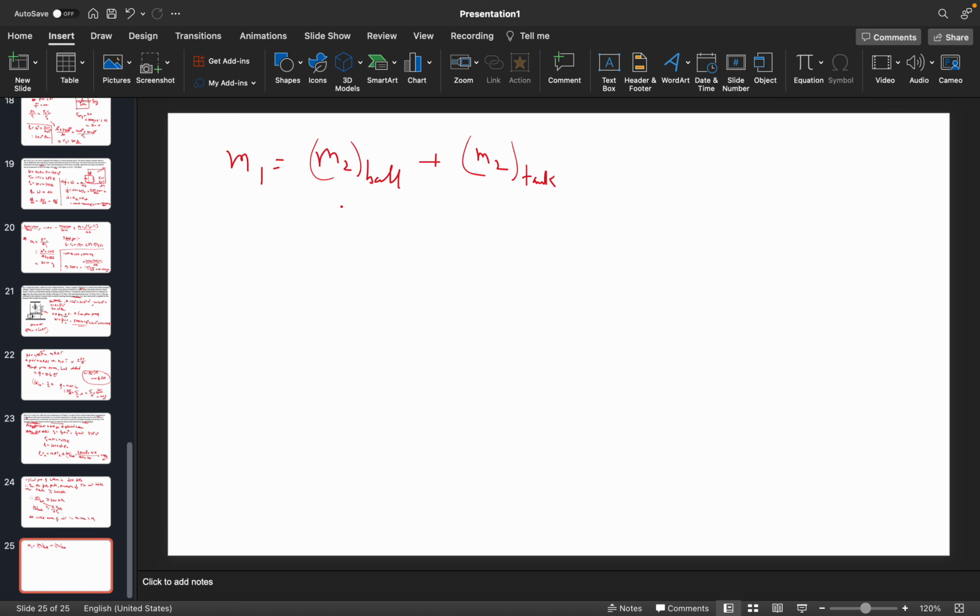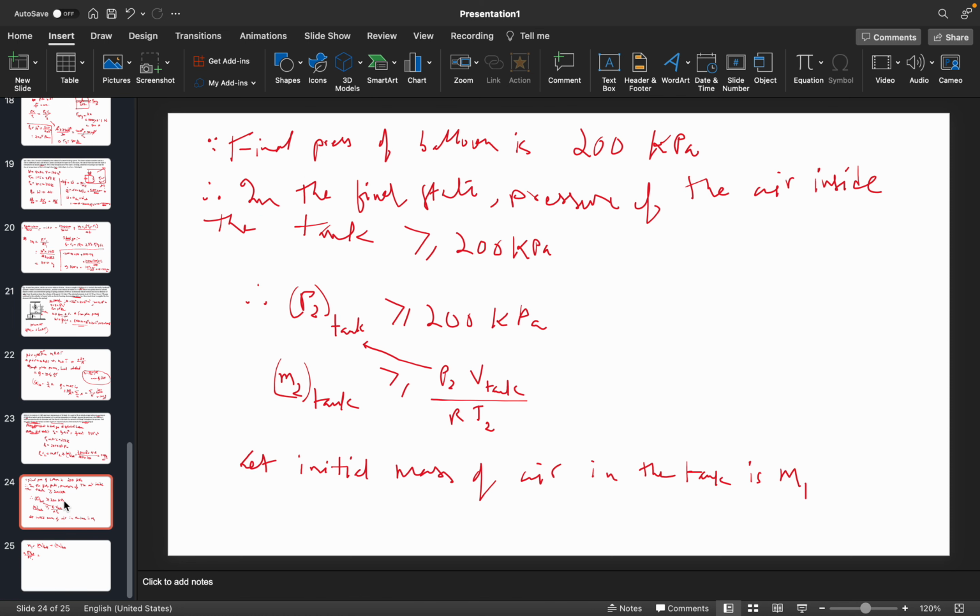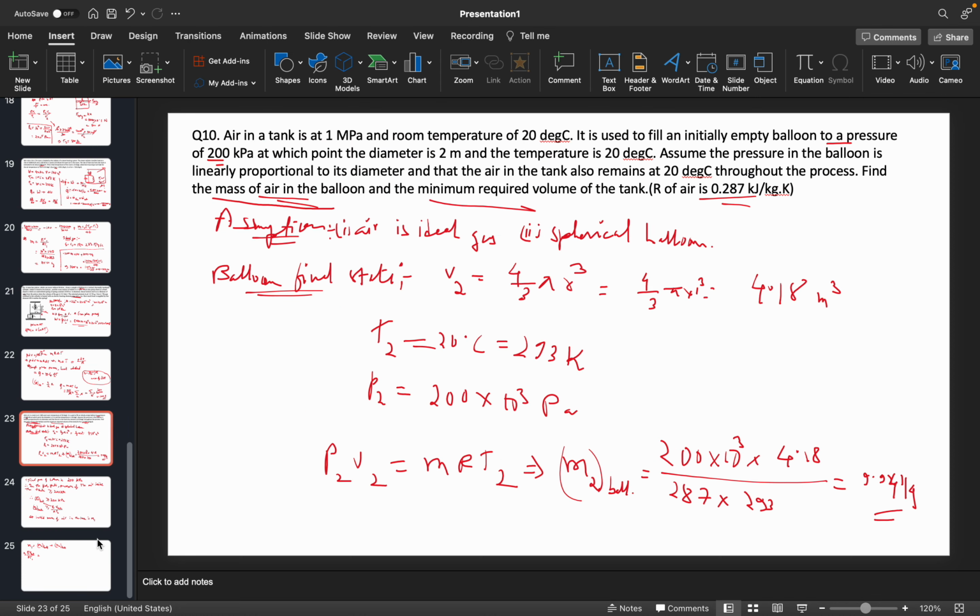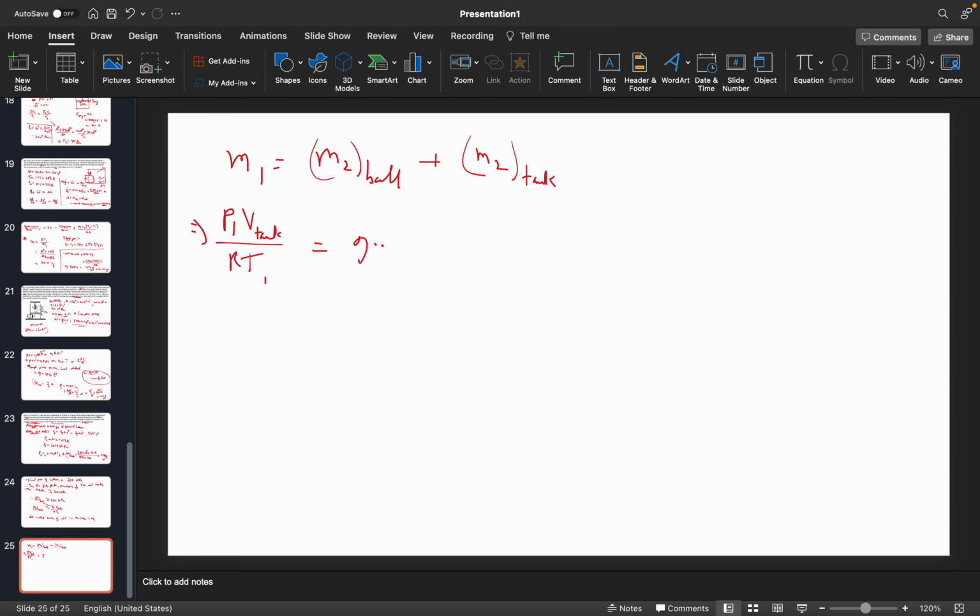Initially M1 was there, out of which M2 mass is used to fill the balloon, and the remaining M2 is inside the tank. Okay, so M1 state, can I write this one as P1 V tank, because the volume of the tank will remain the same, P1 V tank by RT1, and M2 of the balloon we already know, its value was 9.94, and this one we can write as P2 V tank by